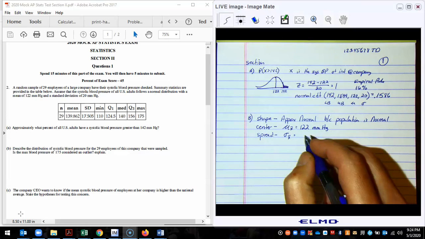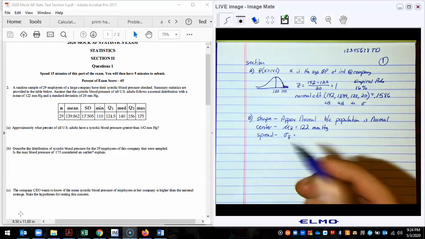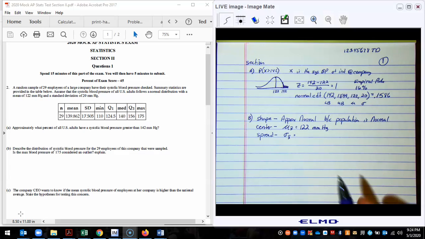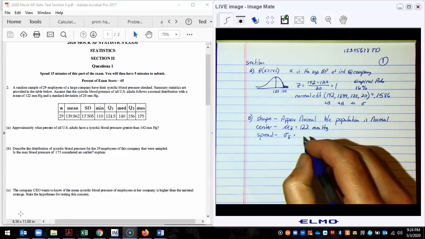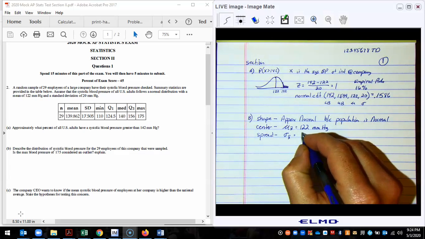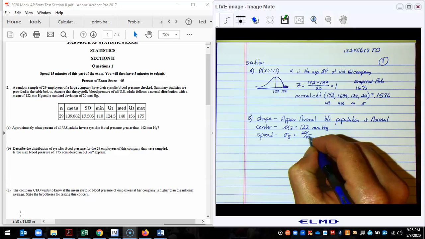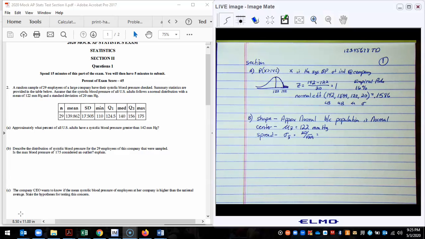And again, we're going to change that. My sampling distribution gets narrower. And even if you forgot,